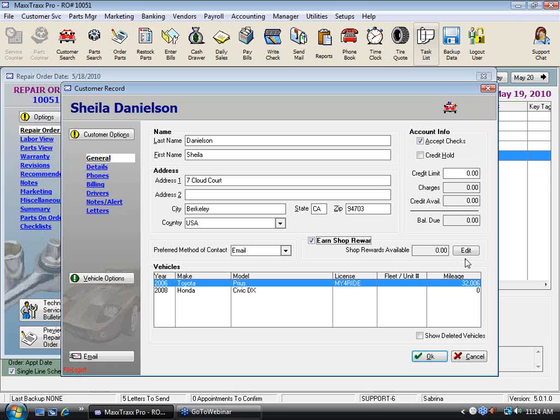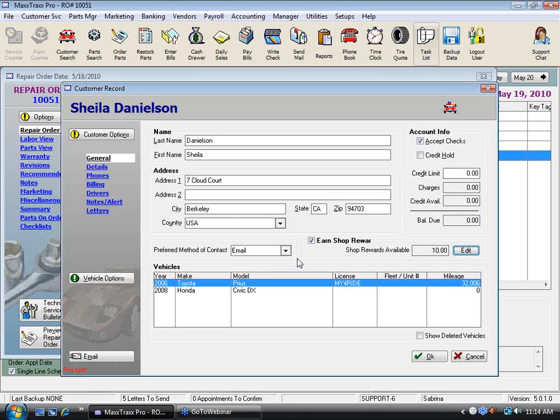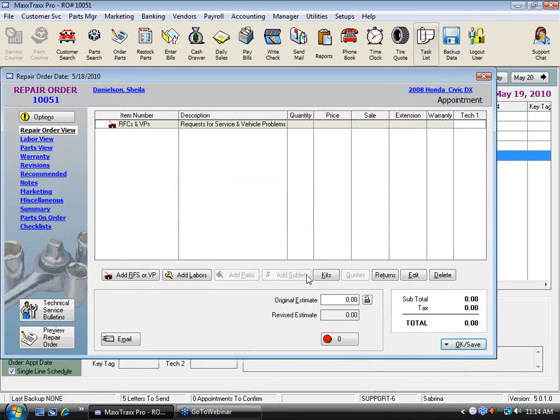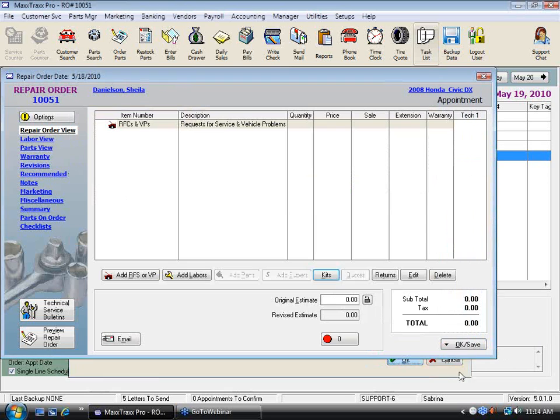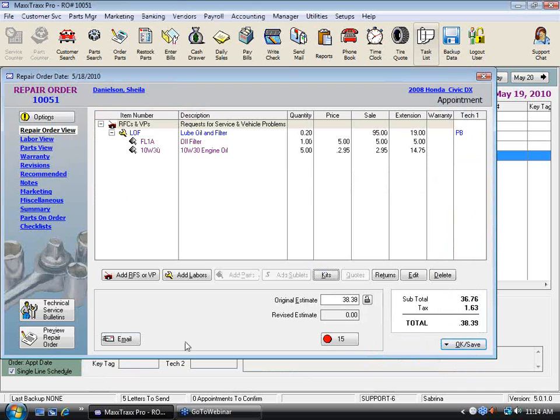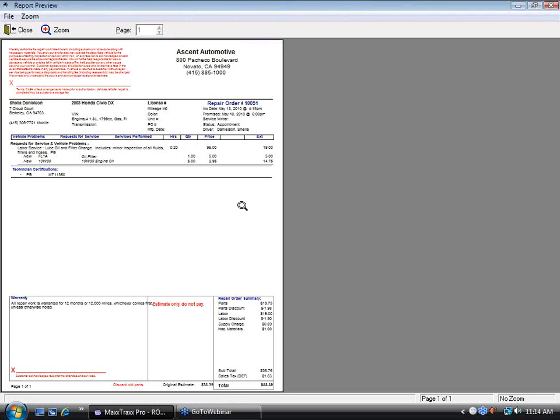You guys might want to, I actually suggested this in the user manual, if somebody says, you want to sign up for our Shop Rewards program, say, great, we'll get you started and we'll put $10 in there for you to use right away, just as an incentive for them to sign up on the program, maybe read a handout on it, some literature. So now when I go to, I guess I better put something on here, throw an oil change on here. That'll work. So now when I go to preview our repair order,